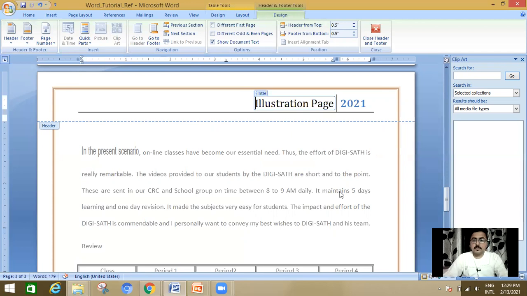As soon as I have clicked a particular design, the header section is now active and the main content of your document is now inactive. Now you can change the content of your header as per your need. For example, I am going to write the author name like Himanshu. And I want to change the year 2000, for example, to 2020.